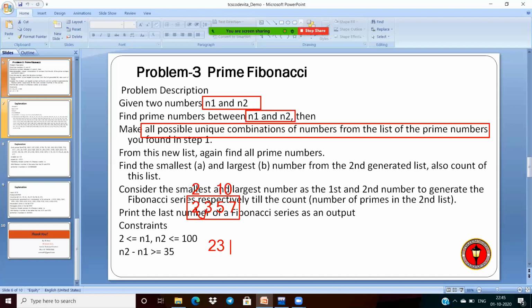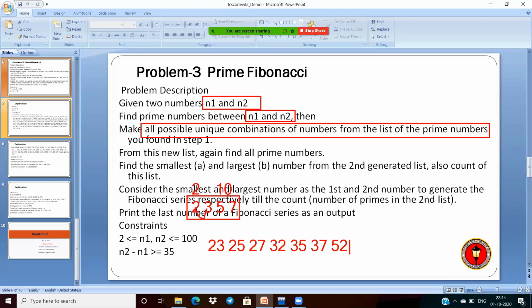So we form combinations like 23, 25, 27, then 32. 33 is not possible here. Don't take duplicates, don't combine a number with itself. So I'm taking 32, then 35 and 37.